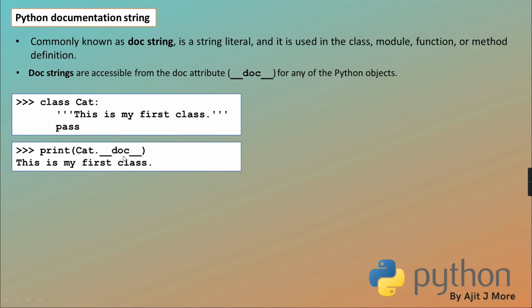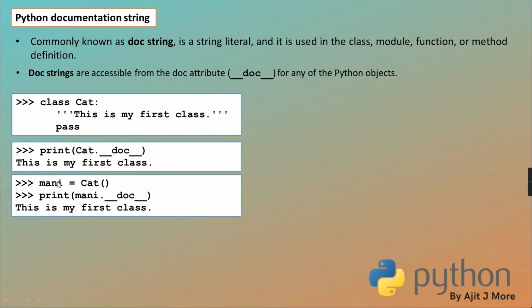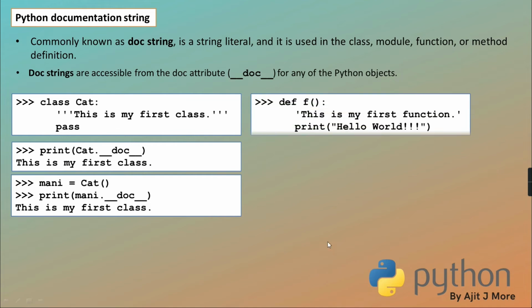See here, so I'm writing class name dot that property. So in that property, this value is stored internally. So that only gets printed. Okay? But even you can access it via object. But when you are accessing via object, actually it's not an object property. It is a class property only. But the peculiarity is class property is accessible to all the objects also, because class property is shared to all the objects. Okay? So if I create object and still try to access, it will print the same thing.